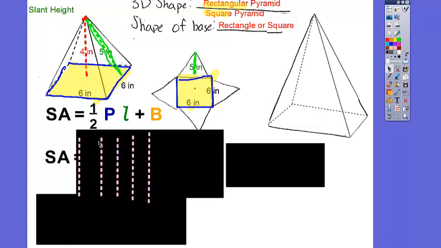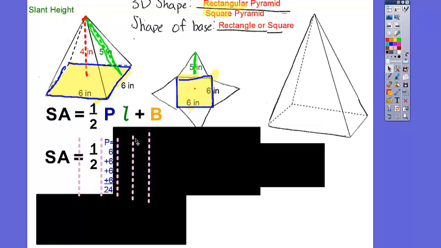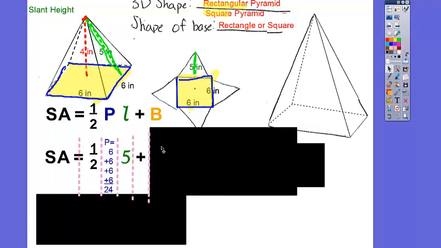So surface area equals 1/2. The next column needs to be perimeter of the base. So the perimeter of the square would just be 6 plus 6 plus 6 plus 6, which gets you 24. I just added the side lengths of the square base that I have. My slant height then is what number? 5, good. So we're plugging in 5 for the slant height,